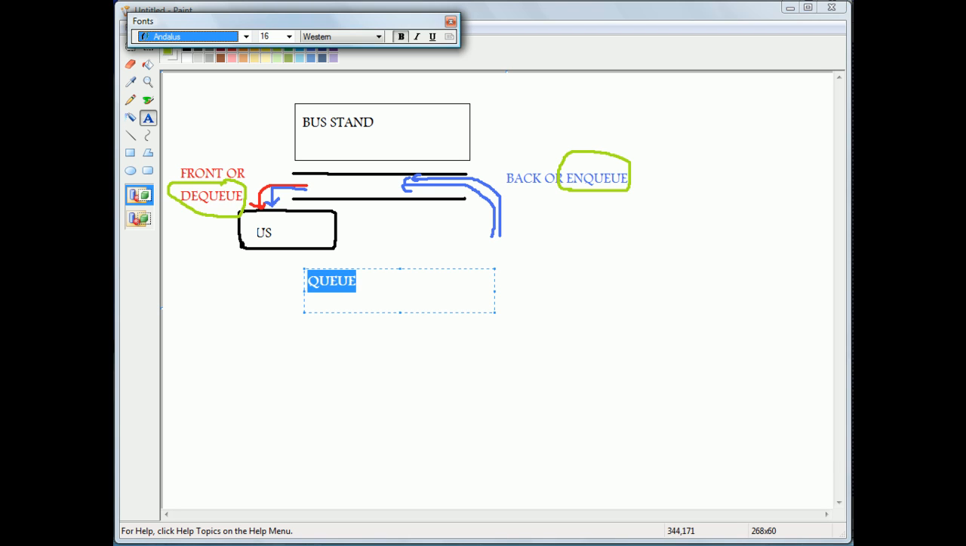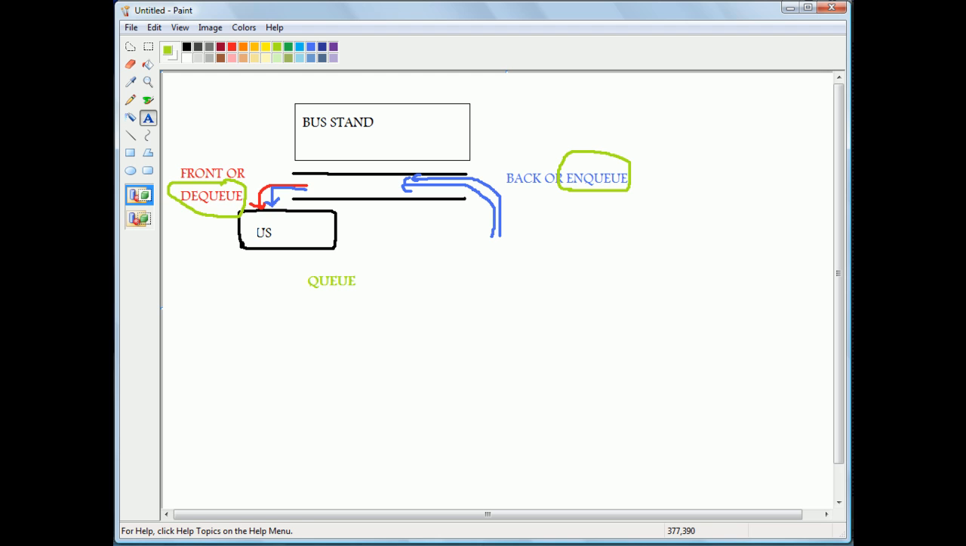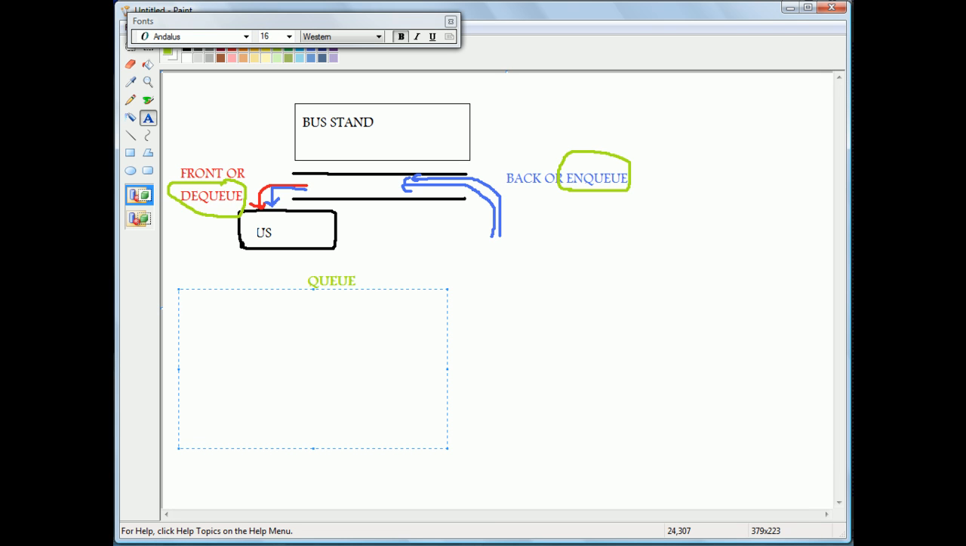All right. So let's talk about some technical terms, or what we technically say about a queue. In computer science, or in data structure, what is a queue? A queue is